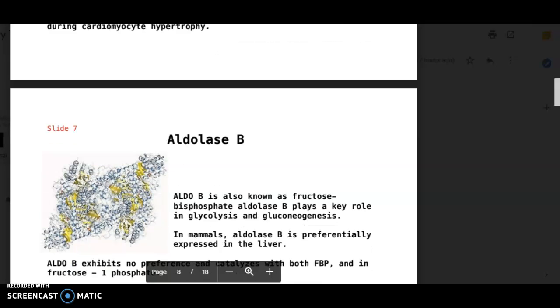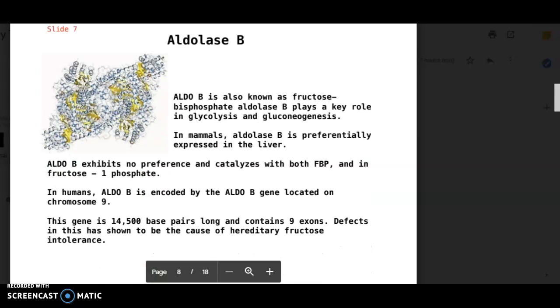Now we'll go to ALDO-B, aldolase B. Aldolase B is also known as fructose bisphosphate aldolase B, or liver-type aldolase. It is one of the three isozymes, A, B, and C, of the class 1 fructose 1,6-bisphosphate aldolase enzyme, and plays a key role in both glycolysis and gluconeogenesis. Generic fructose 1,6-bisphosphate aldolase enzyme catalyzes the reversible cleavage of fructose 1,6-bisphosphate into glyceraldehyde 3-phosphate and